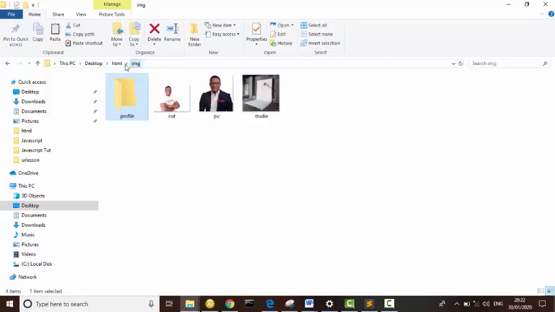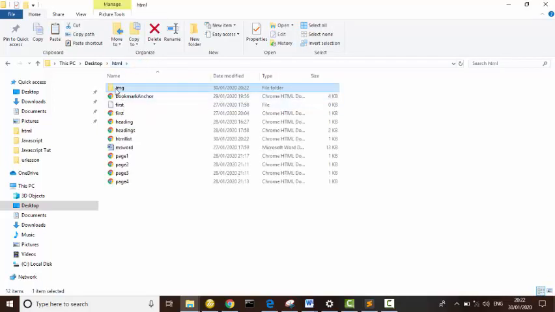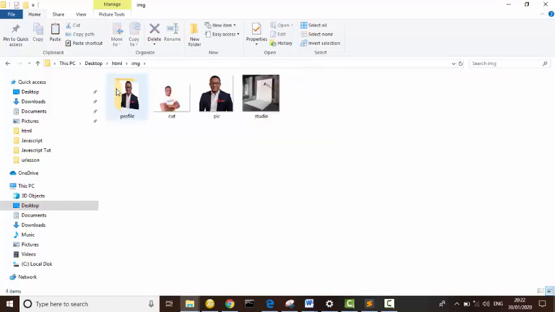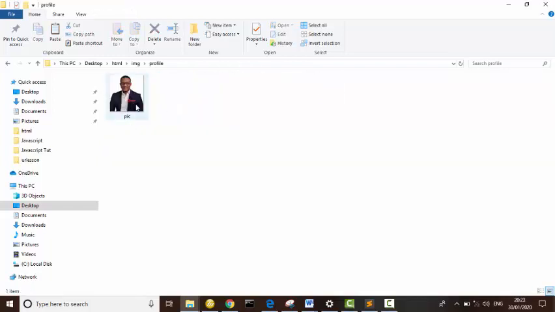So inside the HTML we have image. Inside the image we have profile. Inside the profile we have this image, pic.png. Okay, and so now who can guess how we can access this file if we want to reference it